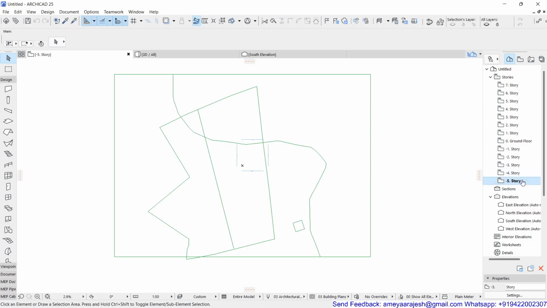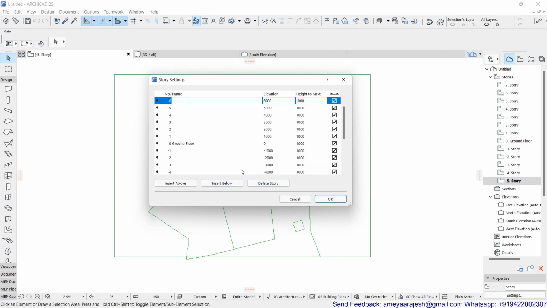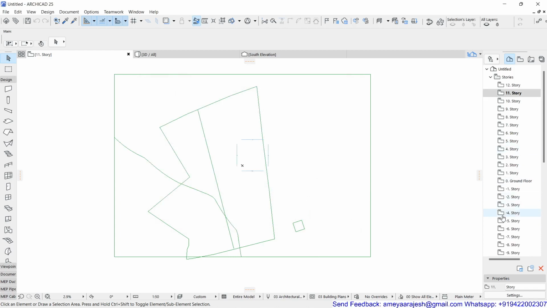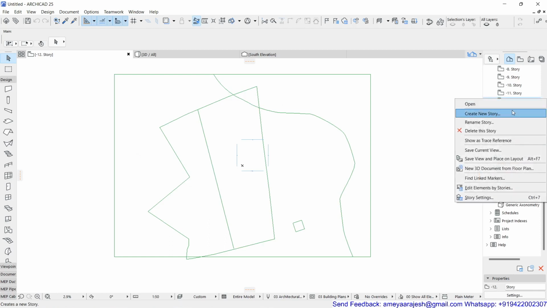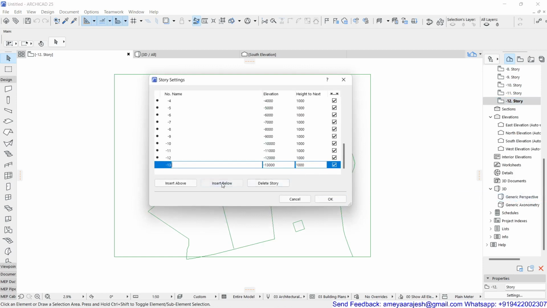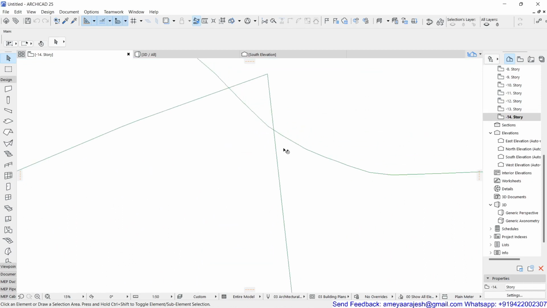So I have to generate a few more levels, right? So I'm just going to say maybe several stories I have generated below, and same way I'm going to add new stories which are above. Okay, absolutely fine even if in case you are here and there with a couple of stories. So this is almost the beginning of the plot which I can see. So I can add a few more stories. Okay, so if we just go and try to see 2 more stories. Oh, fine. Now it's quite a better deal to start with.